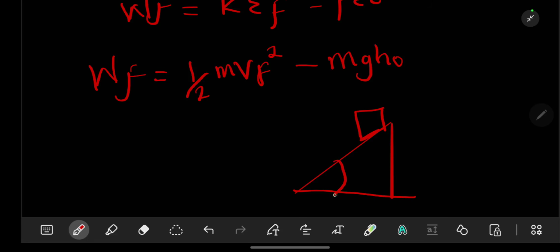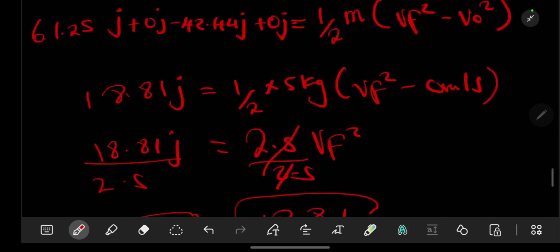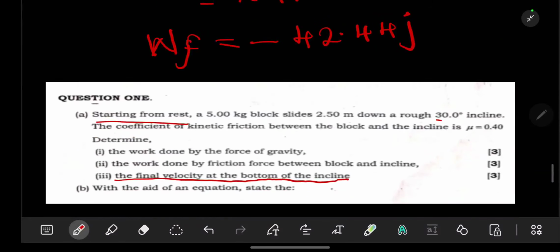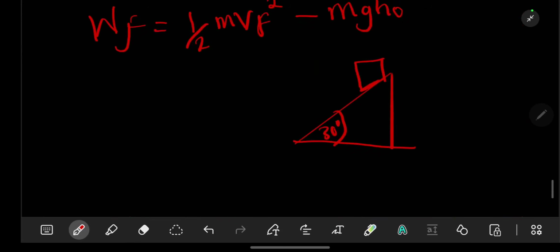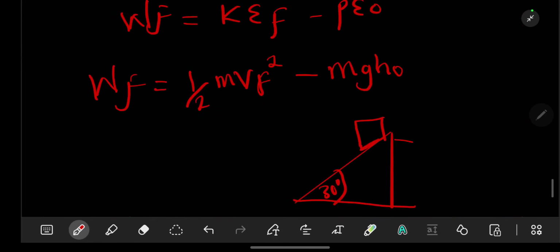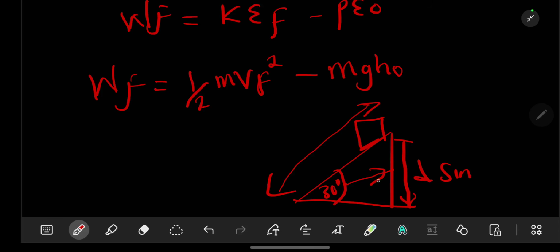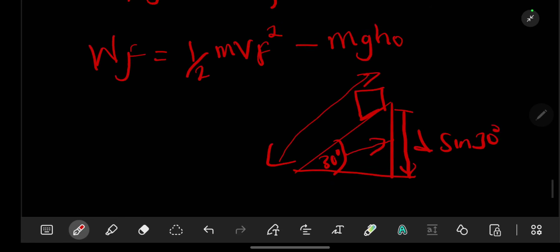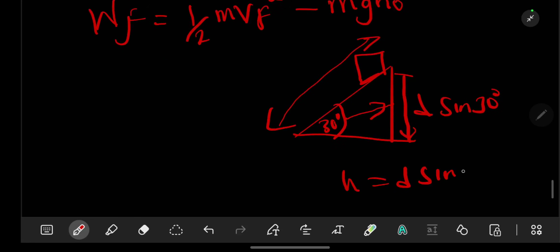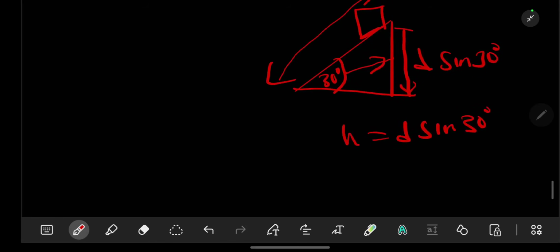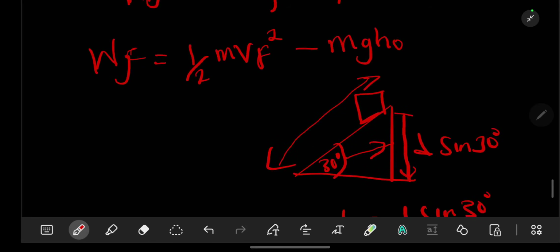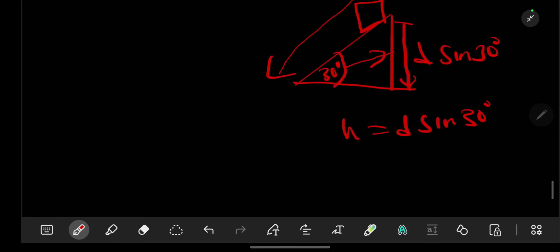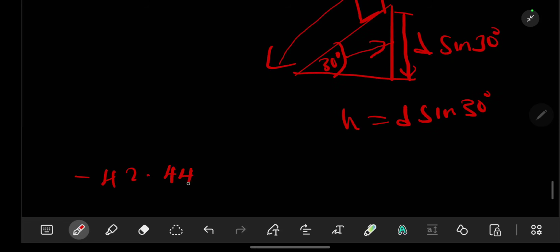Now this height, if you have the angle, which is our 30 degrees, if I'm not mistaken, then this distance will be the distance of the ramp times the sine of the angle, because sine is associated with the opposite side. So the value of our h is d sine of 30 degrees. So replacing, the work done by the frictional force in this question was negative 42.44